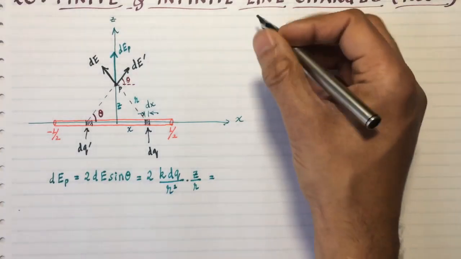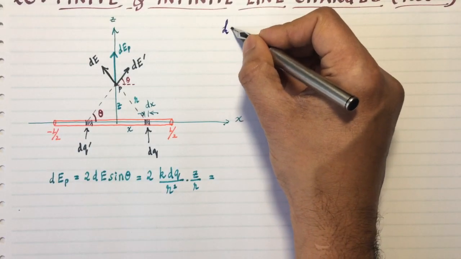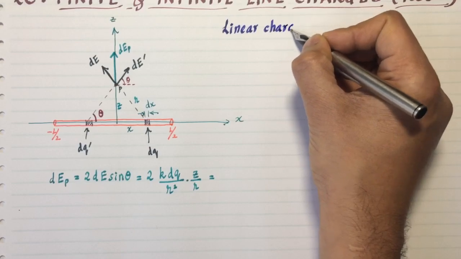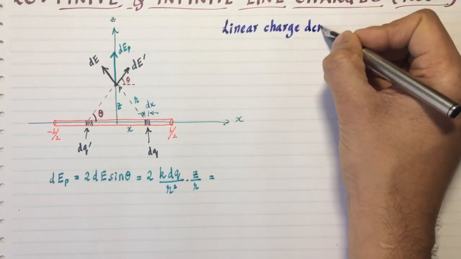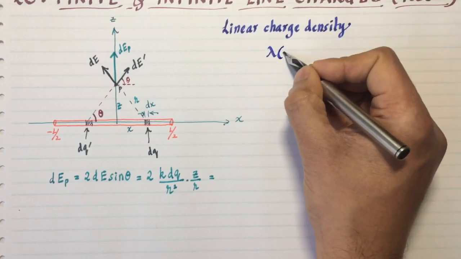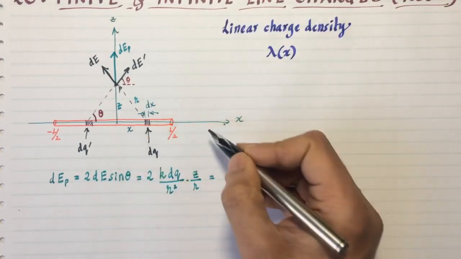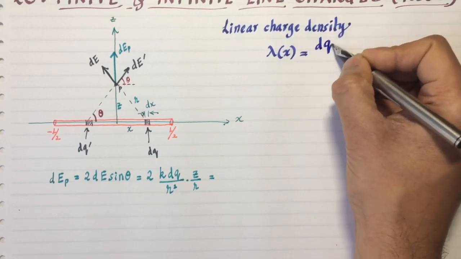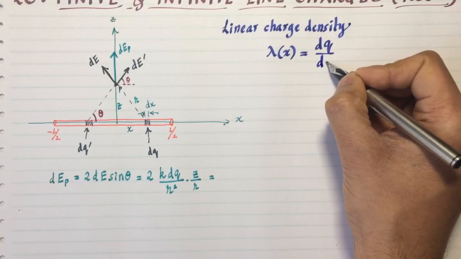That connection is got by defining what's called a linear charge density. The linear charge density is denoted by the symbol lambda, and in this problem, lambda can be a function of x in general. It's defined as the rate of change of charge per distance,